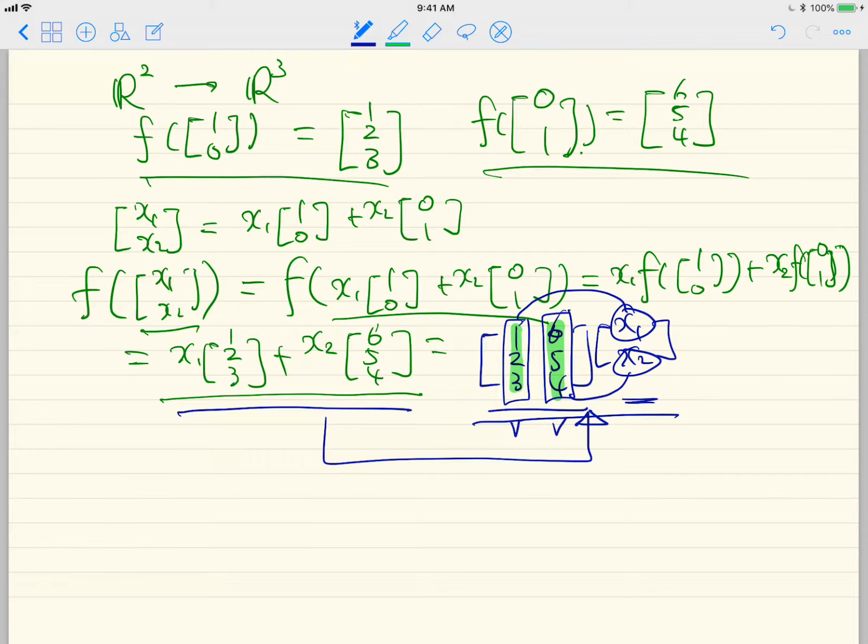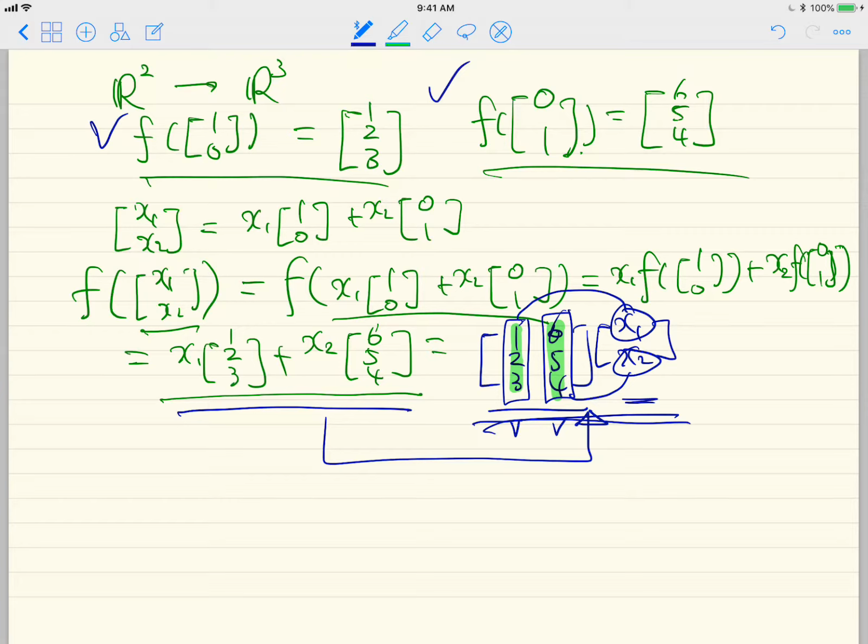So let's review this example again. We are given a few clues: first, our function is linear, and then we are given these two mapping examples, and then we reconstructed the full definition of our function. By looking at this definition, it is represented as a matrix and vector multiplication, and thus